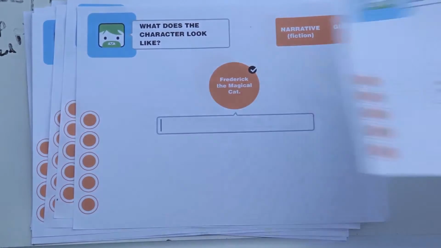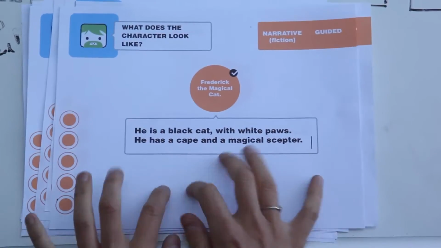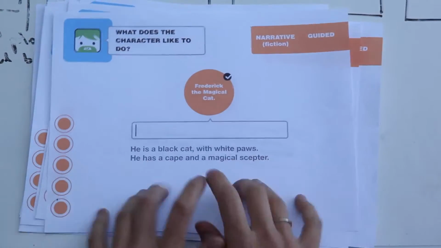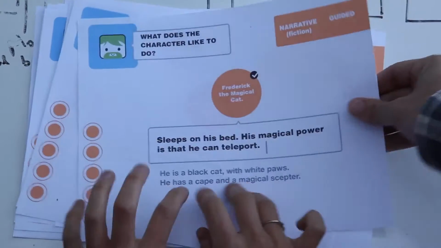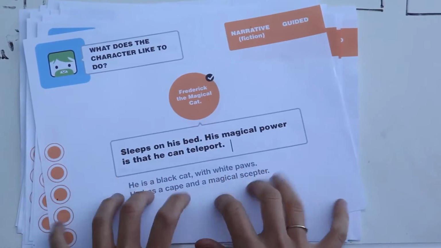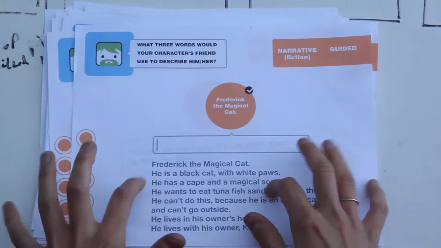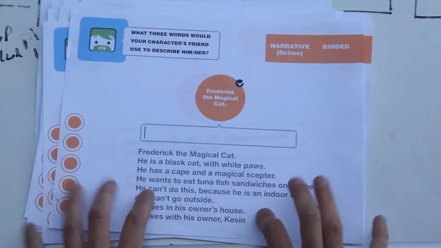We're going to add some more information about Frederick the Magical Cat. He's a black cat with white paws, as the muse is asking what he looks like. And what does the character like to do? He likes to sleep in his bed, his magical powers, so on and so forth. So we're generating all this content,